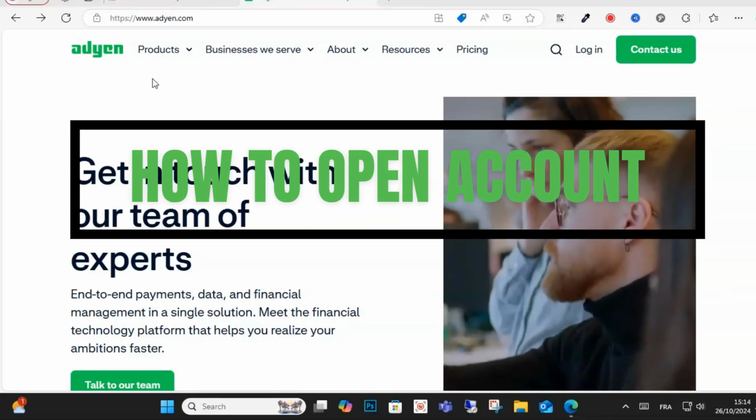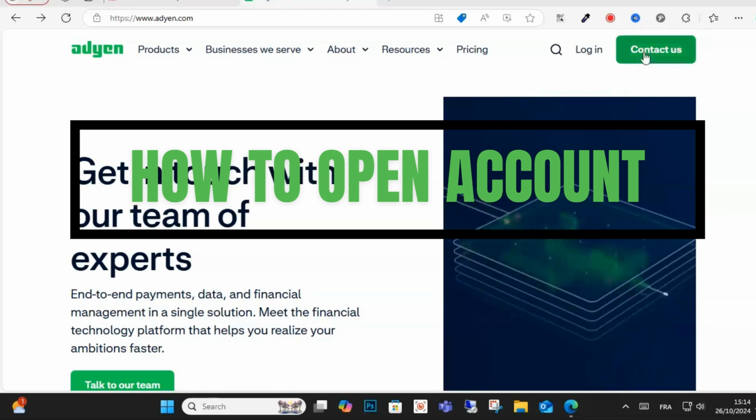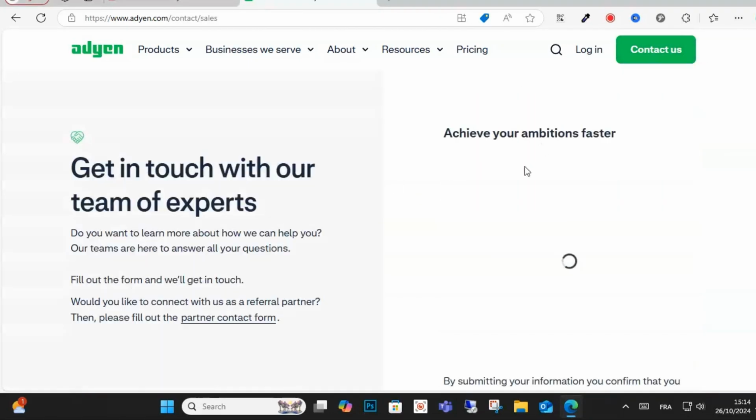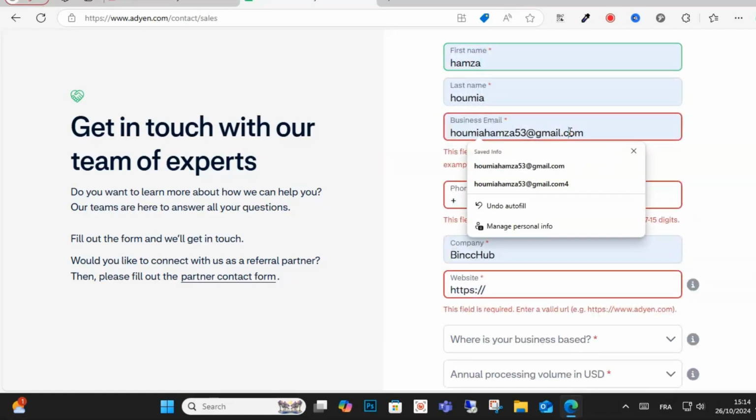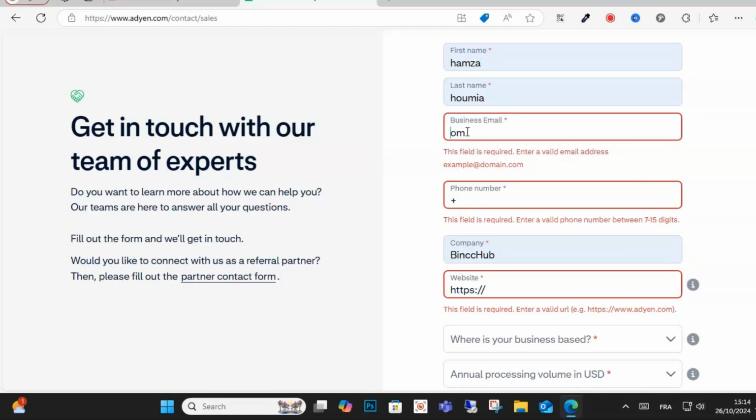Today I will show you how to create an Adyen account. So guys, click this option as you can see here. After that, write your first name and your email address, and you will click your business email, guys, and